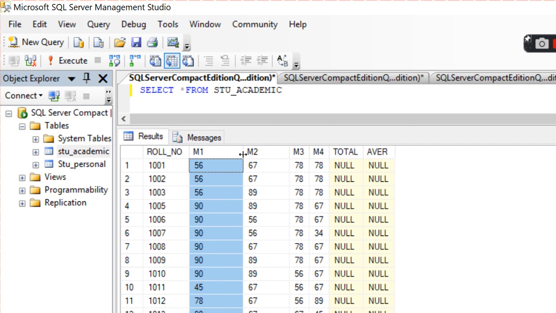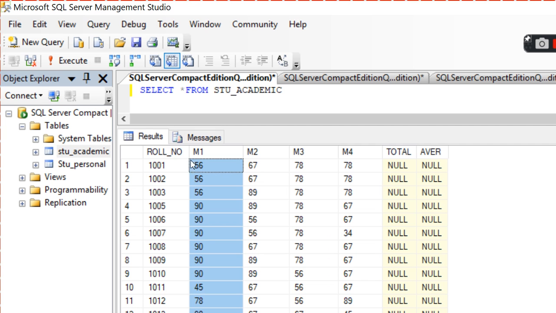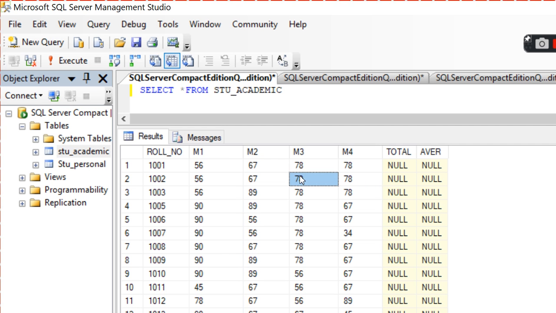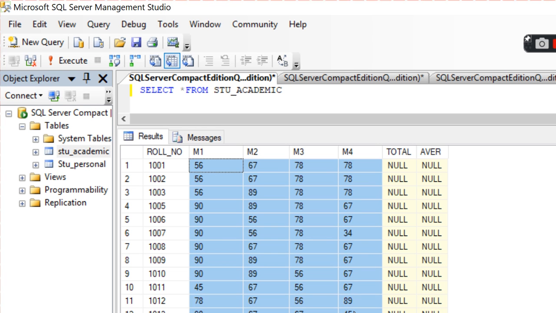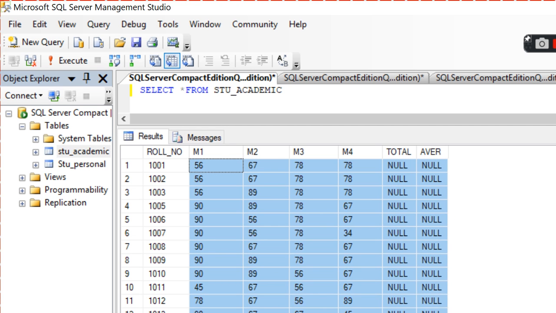If you do not give them as numeric fields, you cannot add them up. In order to add or subtract, any calculation is done in numeric fields only, number fields only, so you have to make these columns, as well as total and average, numeric fields, number fields.